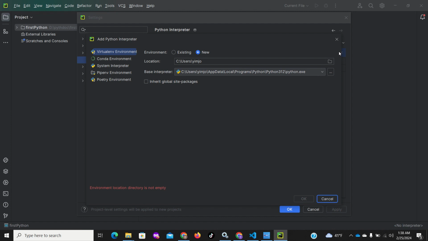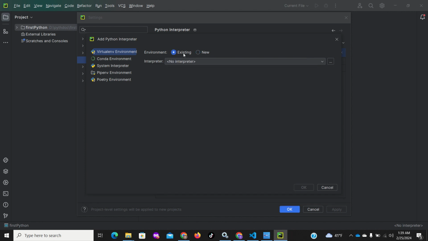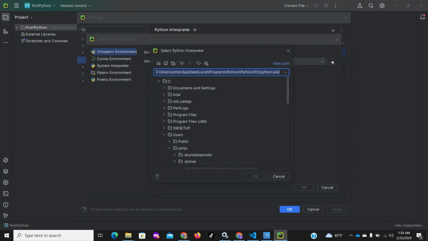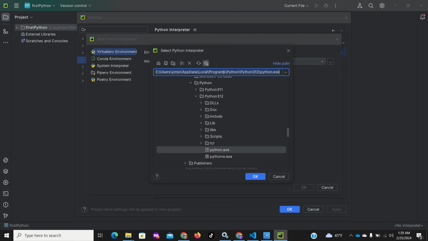So when we click that add local interpreter, what happens is that we get this screen. We know we already have an existing interpreter installed. So let's click existing interpreter. And the next thing we have to do is to locate where that interpreter is. Now, in some cases, you may not know where it is. So